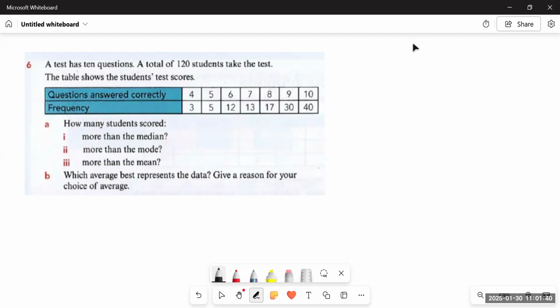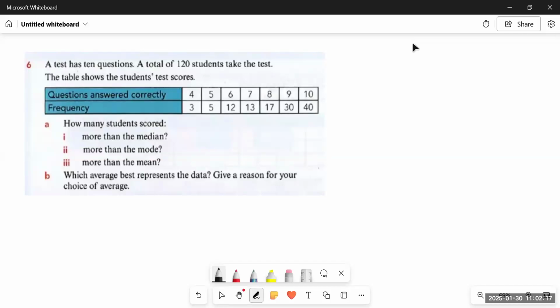So basically, we are provided with the data about 120 students, and you can see clearly that in the frequency table the number of students are split down, and if you sum up all the frequencies you will get 120, the total number of students. Whenever we collect the data, the number of data is basically the frequency, which never becomes the mode, median, or mean. It is the questions answered correctly corresponding to the given frequencies, which would be either mean, median, or mode.